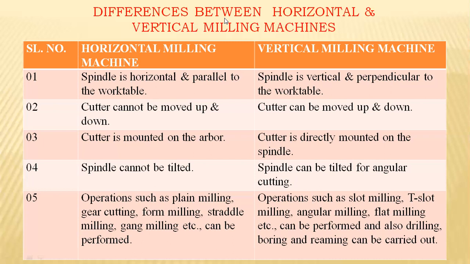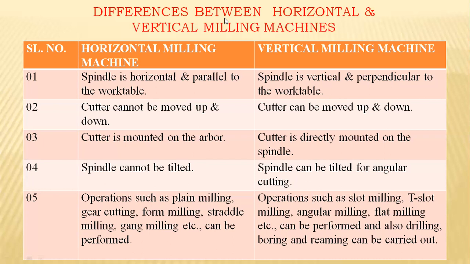The work piece or specimen will be placed over the work table, held by the jigs and fixtures. The cutter cannot be moved up and down, so there are no dynamic movements for commencing its dimensions based upon the depth of cut, etc., in the case of the horizontal milling machine. But in the vertical milling machine, the cutter or tool can be moved in up and down positions, but only two degrees of freedom are accepted in this vertical milling machine. The rest of the two will be progressed by manual movement of the work table.